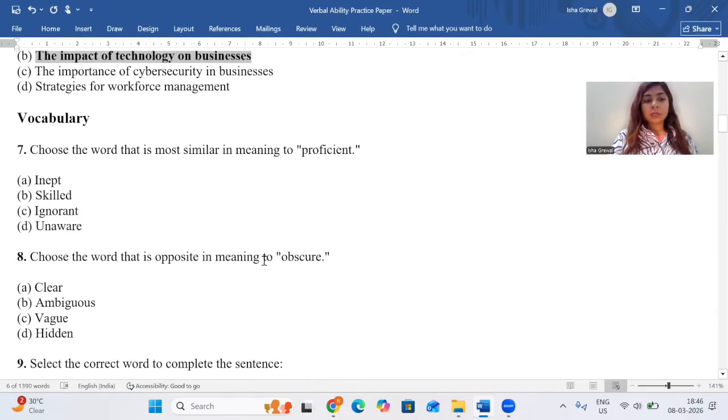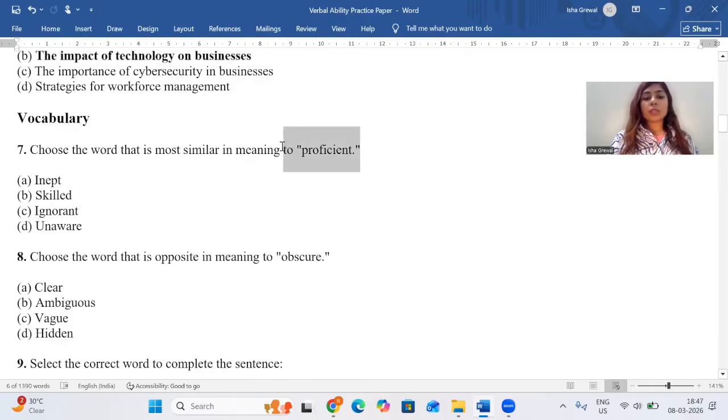Okay, coming to question number 7, it says choose the word that is most similar in meaning to profession. Now, while solving vocabulary, guys, see, vocabulary is like an ocean. No matter how much you try, you will never be able to complete all the words. You will never be in a position where you know all the words related to the vocabulary questions, right? So what we do is always use the elimination method, the odd one out method. If there are 4 options given to you, those options which are similar to each other, always eliminate them. Any similar option cannot be your answer. The odd one out, the word that is the most odd, will surely be your answer.